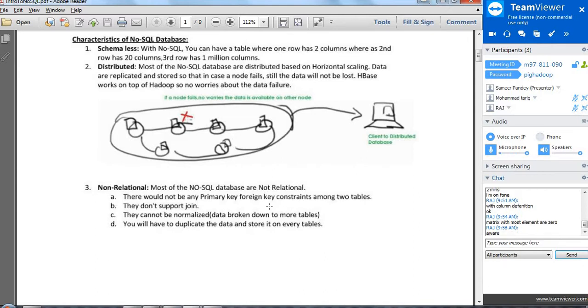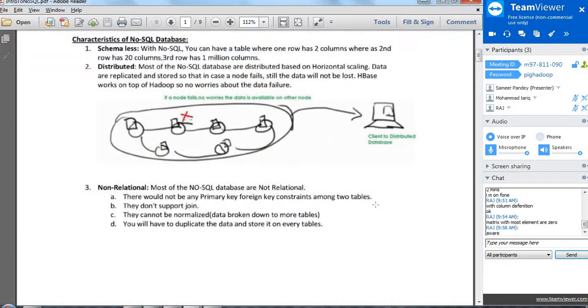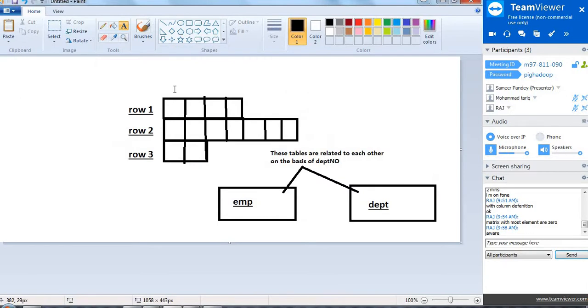They don't support join. There is no need of performing any join operation between these two tables. Why? Just note my question: why do we need this type of structure? Why are we not in need of having join? I will tell you in the upcoming discussion. Just make a note of it. Because join is one of the very important things for fetching the data, right? So why so? And why this structure?